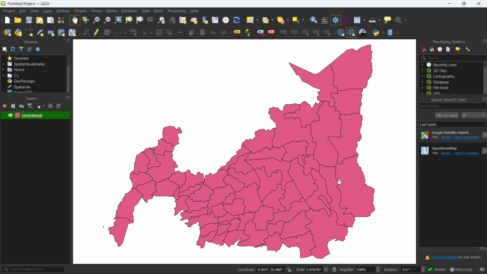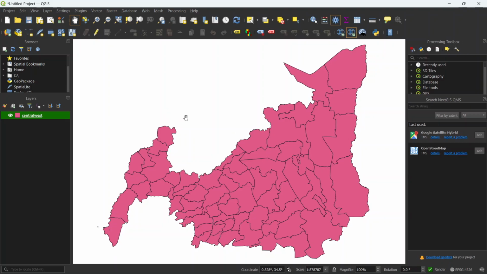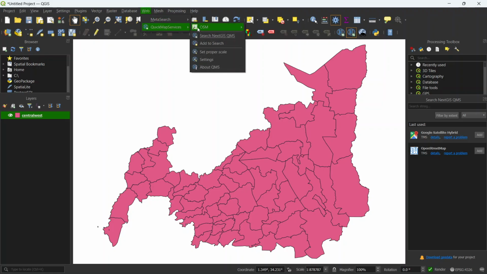Okay, so I also want to add the base map or the OpenStreetMap so that I can confirm with the ground truth data. So if you go here to the web and then under quick map services, you can see you have OSM and then OSM standard. Or you can just say you want to search, and this is going to open up